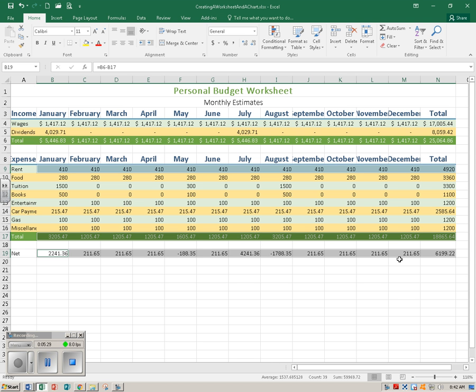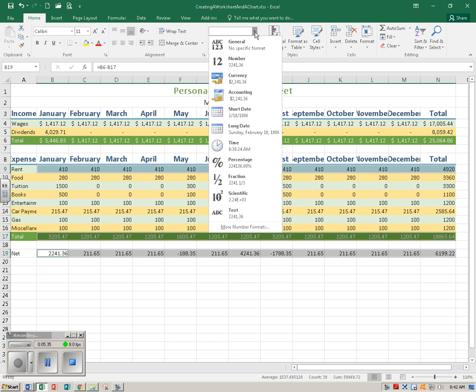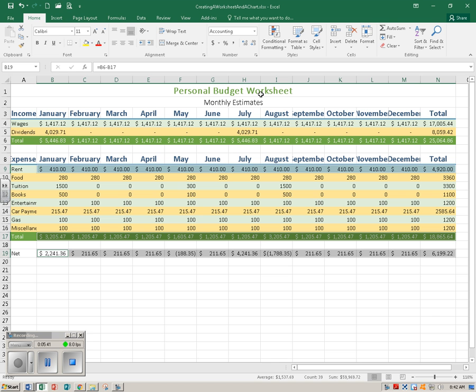And now let's go to our number group and we're going to apply the accounting number format to all three of those at the same time. So click that, and that looks really nice. Good job. Okay, now we're going to format the range